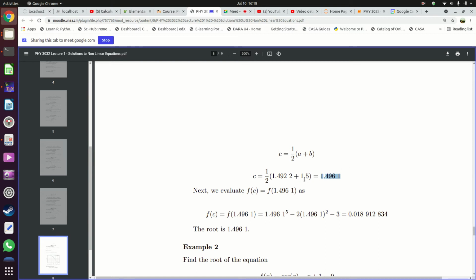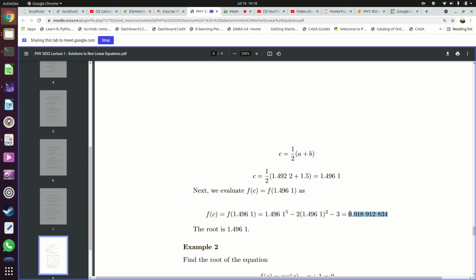With this value of C, then you can find out what value the function has at this particular point, C equals 1.4961. Work out the value of the function here, f of C. When you work out this whole thing, it gives you 0.18912834. So that's what you get. So we stop here. It's not exactly f of x equals 0, but it's very, very close